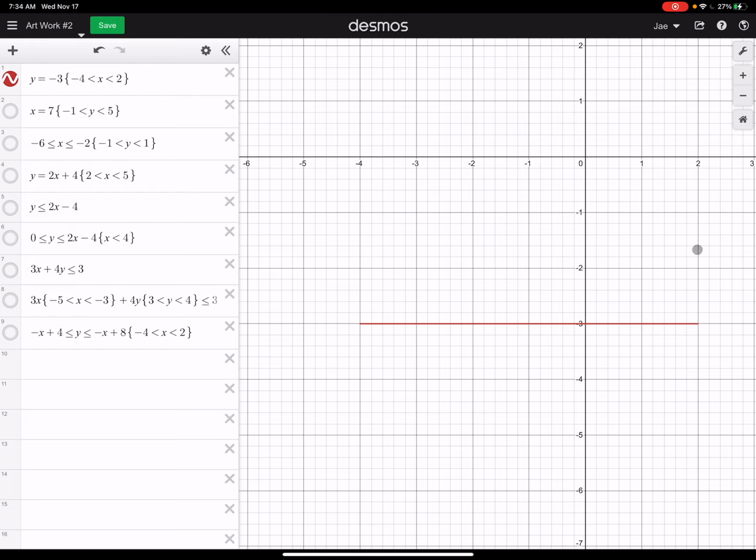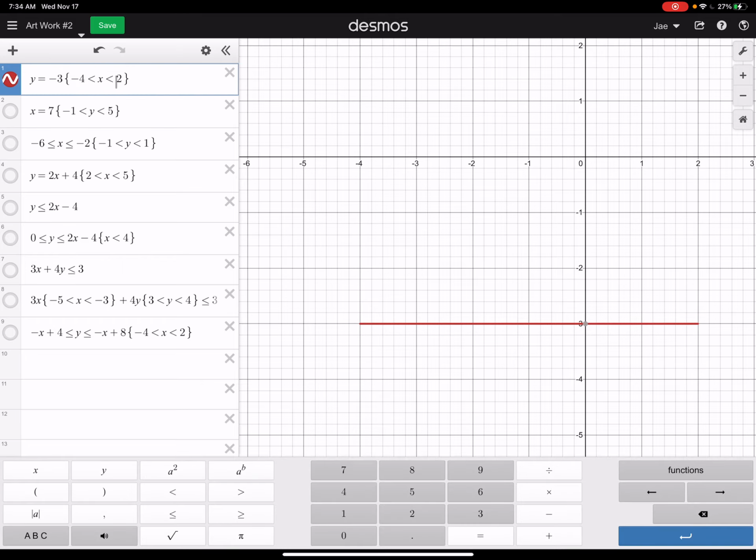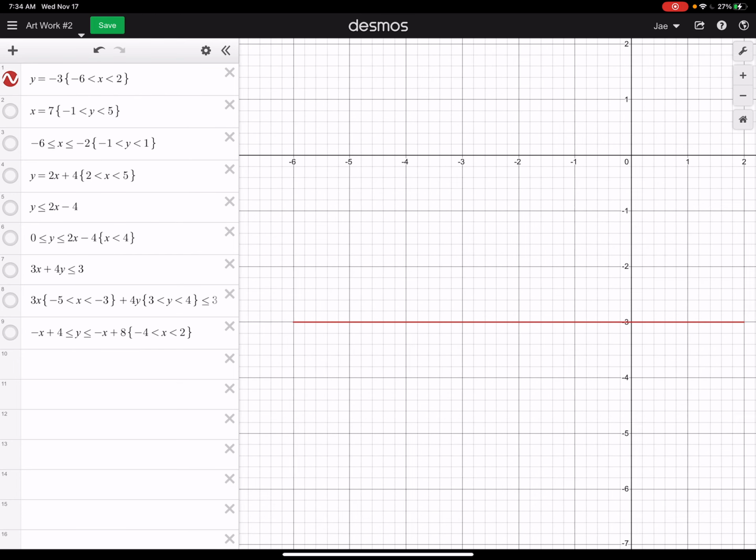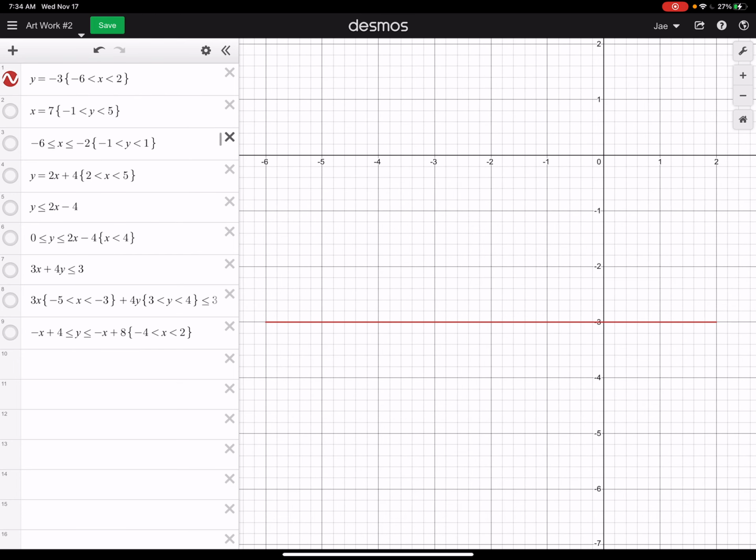to 2, right? So if I want to make it longer to -5, I just have to change this part here to -5. See, it got longer. If I want to make it to -6, just go like that and it made it longer to -6. So that's how you change the